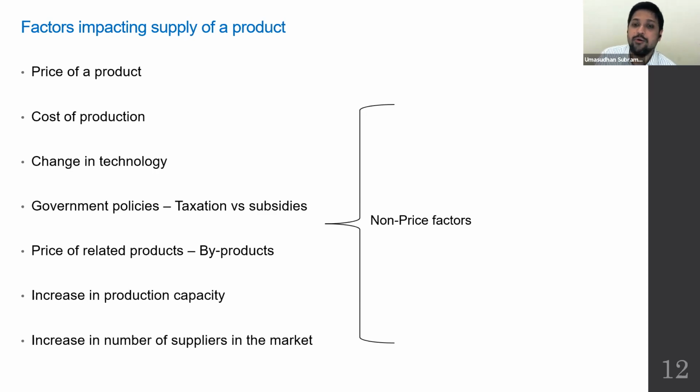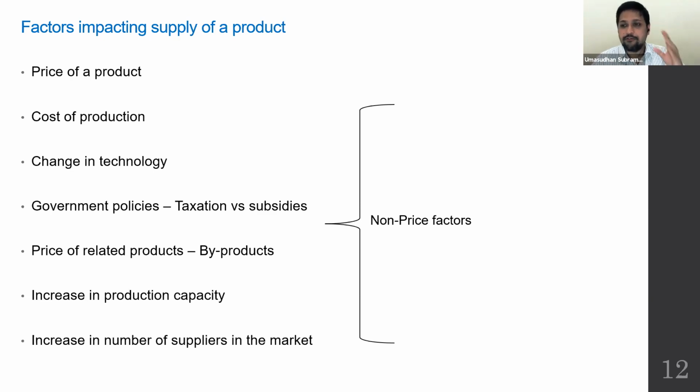If you think about oil and gas industries, petrochemicals, there are certain chemicals manufactured by these oil and gas companies that are a great example of byproducts. So what happens when the price of byproducts increases? Producers are motivated to produce more because they can get more byproducts and sell them at higher prices.